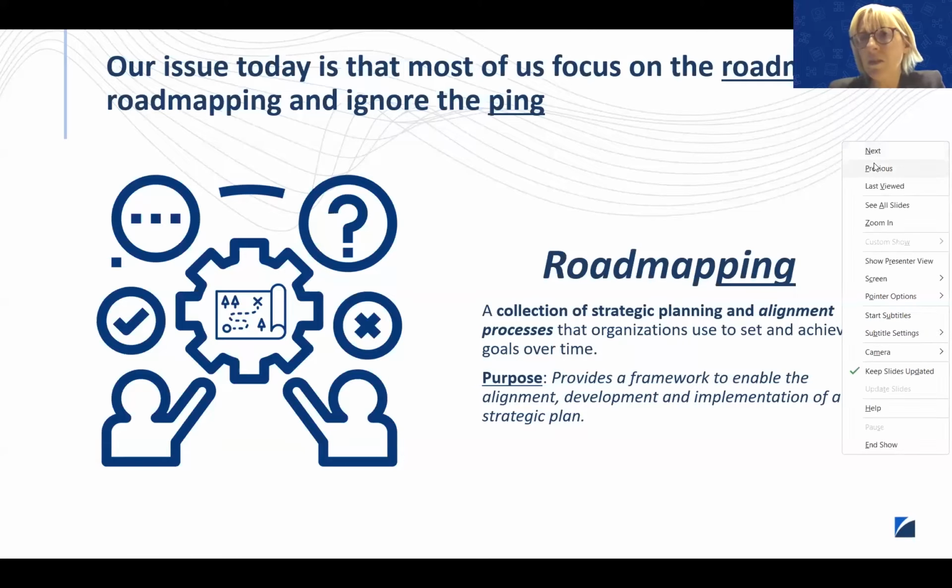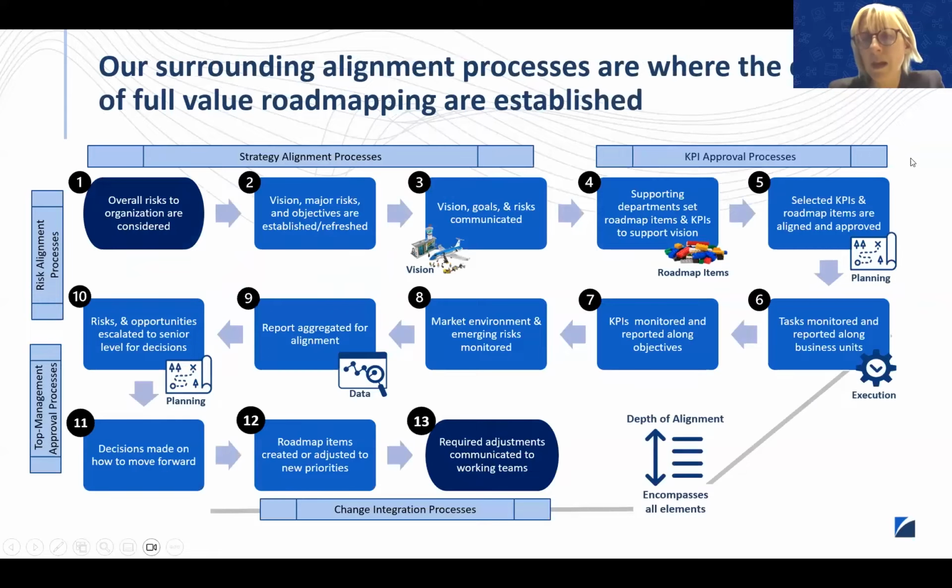So let's jump forward onto the next, more complex process around road mapping for this then. Exactly. So what we're looking at here are all of these surrounding alignment processes, where the elements of road mapping are really established. This is a very simplified visual of all of the processes that go into this. So not going to go through all of them, but the key takeaway here is we can see a number,